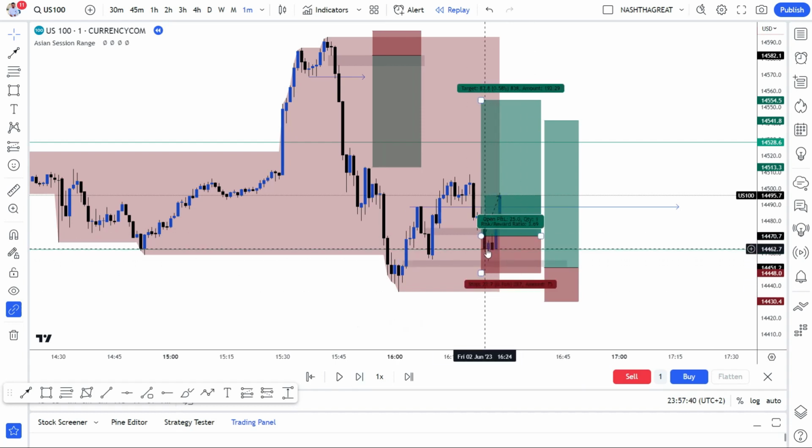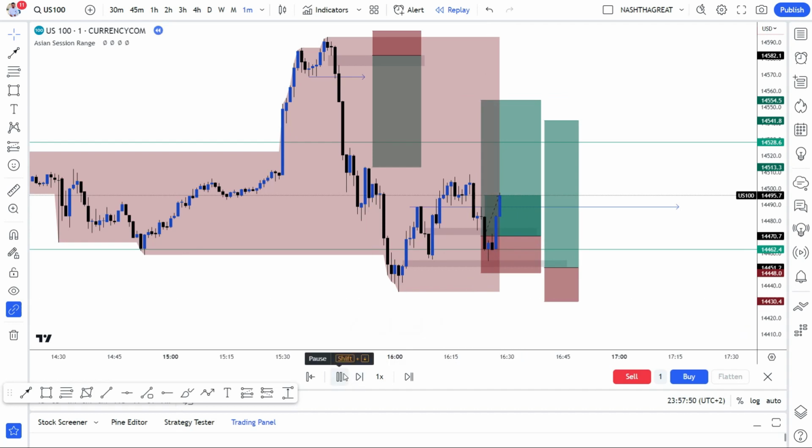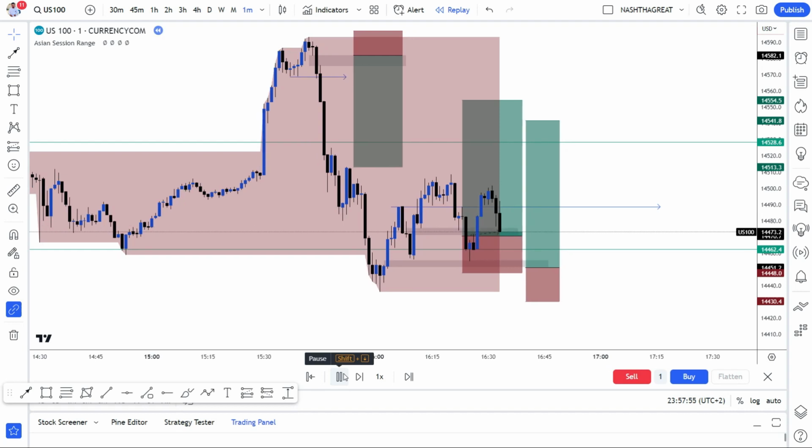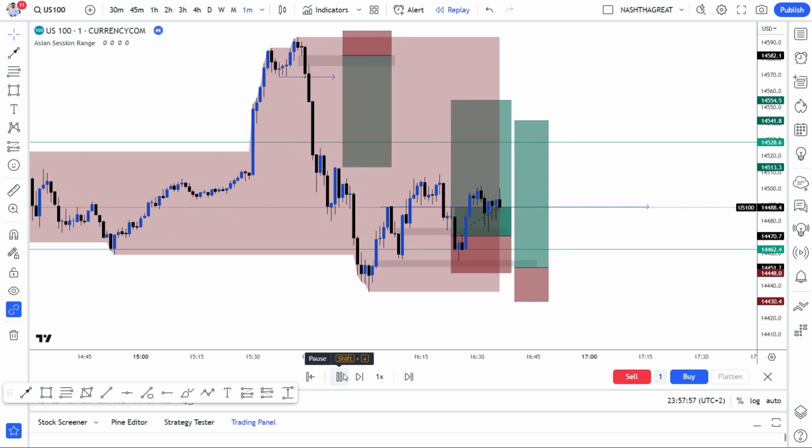So the moment you see your rejections inside your zones, you just press the trade. The first bullish candlestick was enough for a rejection. You would actually take a trade, right? Then let's play and see how this guy actually moved. Oh, they came back to the zone. It's more like a consolidation,